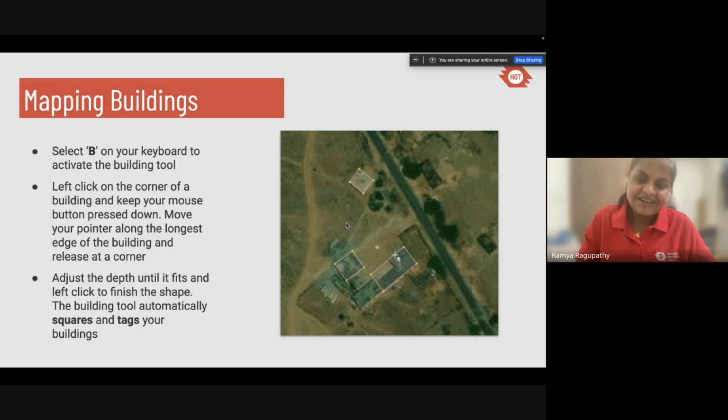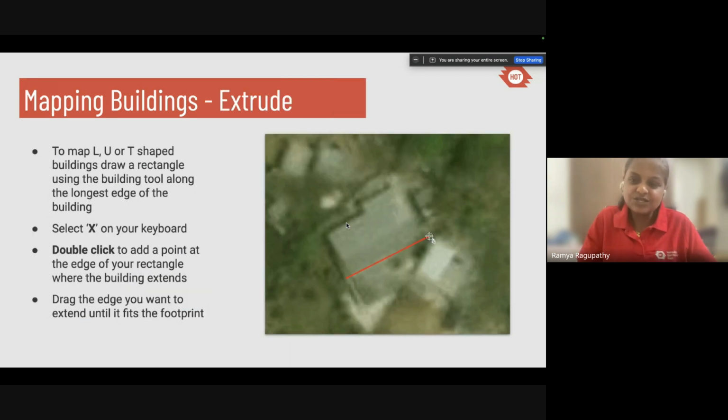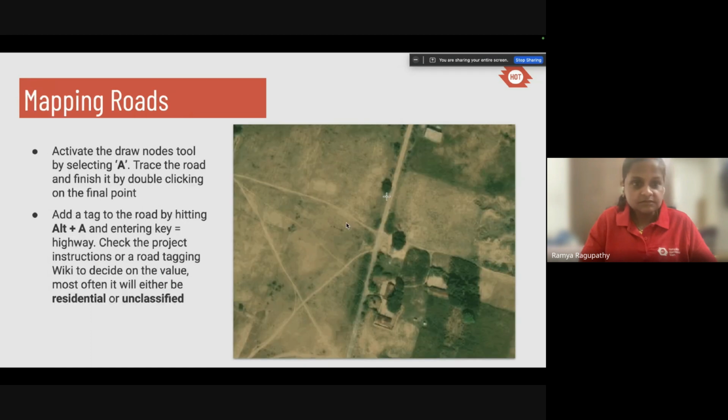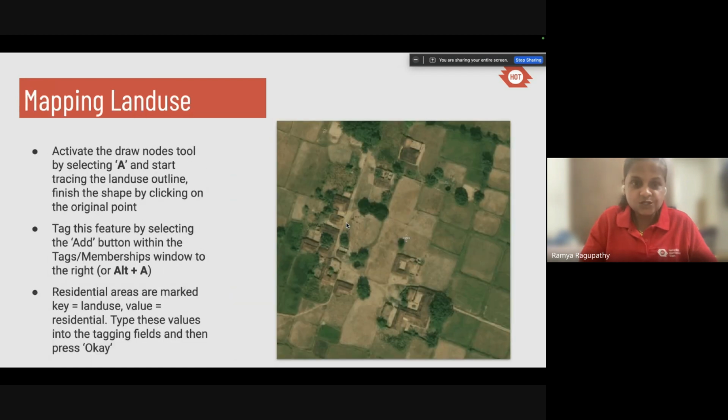ID Editor is really useful when the buildings are really basic, right? Like it's just square or circular. But for additional details, like extrusions, there are several details on the elevation of a building, right? There could be a front porch, which is not exactly square. Those are called extrusions, and such details can be added better through JOSM Editor. It also talks about circular buildings. One recommendation that people generally follow is to upload the changes you make frequently, similar to how we did in ID Editor. And JOSM is also used for road mapping,